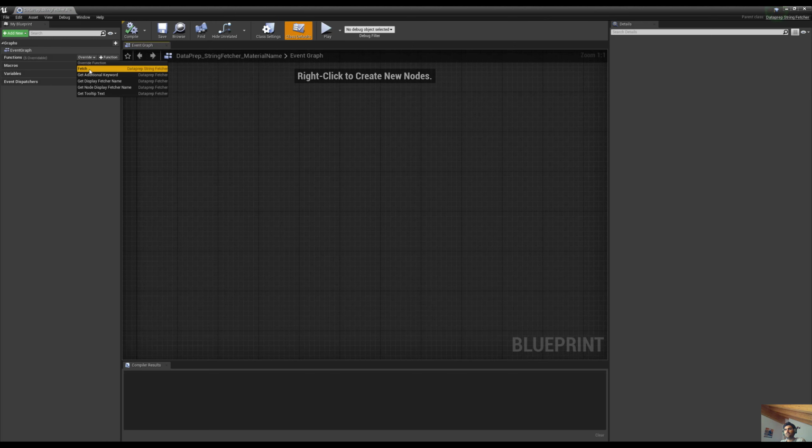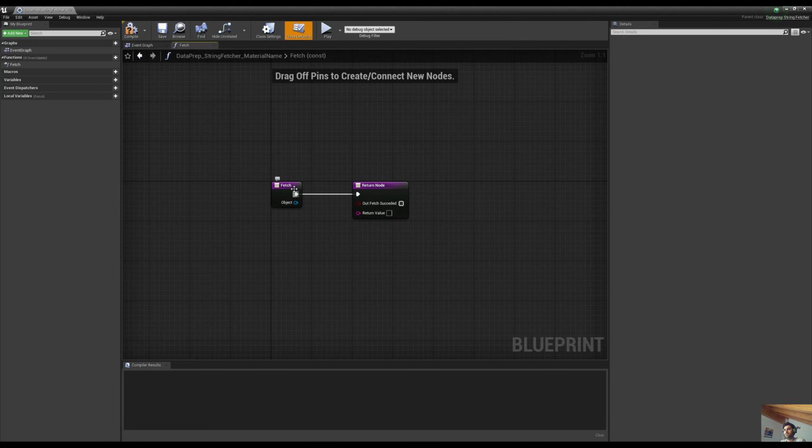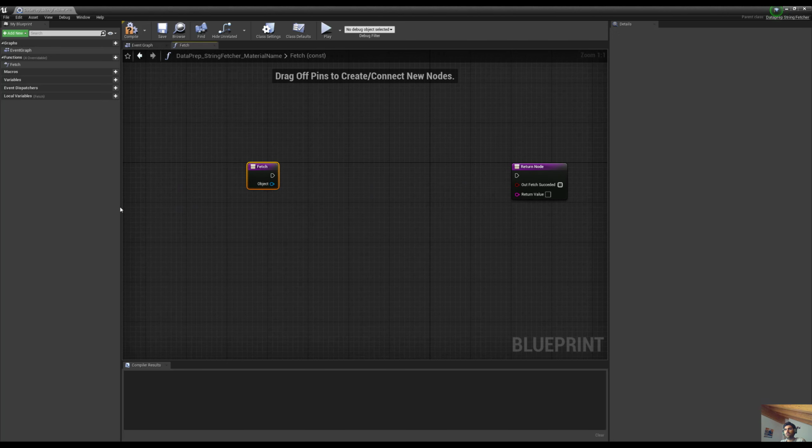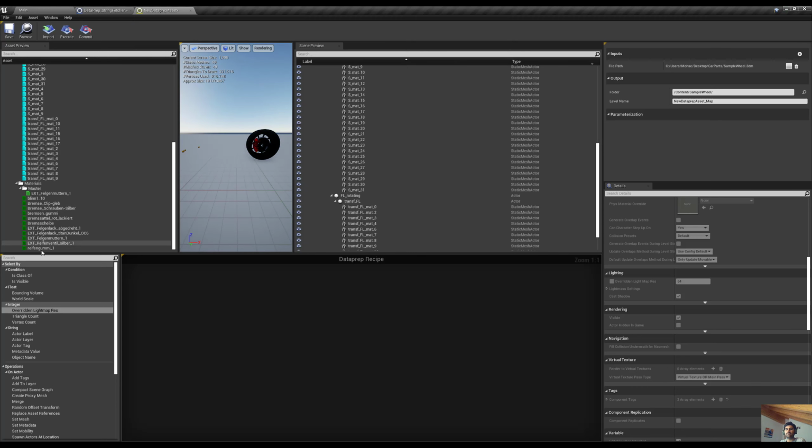First go to the fetcher, disconnect it so we can fill it out. I would like to grab these materials, and I would like to search by these materials. Also, I would like to make a distinction between material instance and material. To make this comparison possible, I need a very small enum that says material